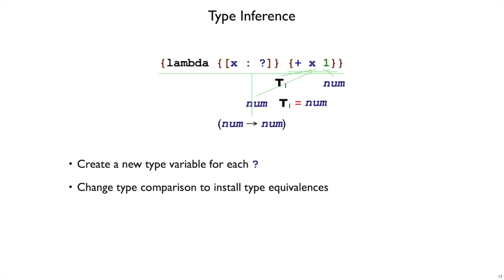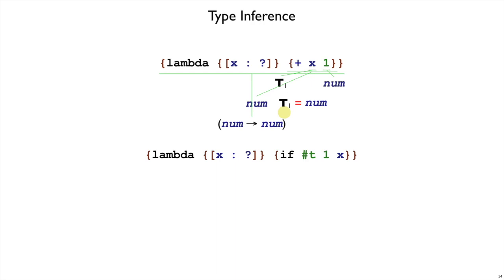So the overall strategy is, when you see a question mark in the type checker, create a type variable instead. And then instead of just comparing a type to number, we may need to install an equivalent inside a type variable. As another example, suppose we have this one where the programmer did not write a type for x,